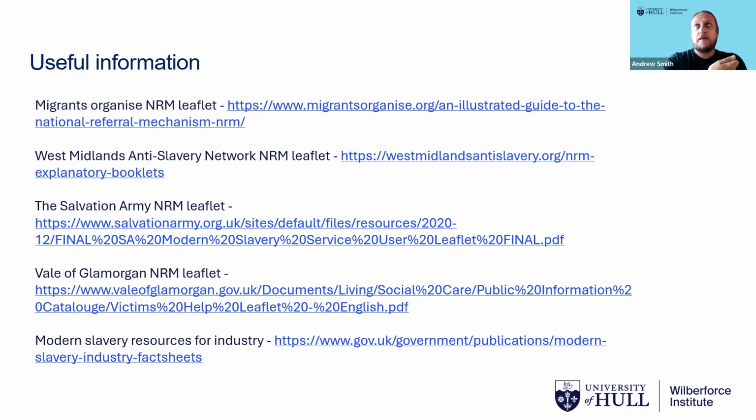And I think that's really key for me, is that people have this information to hand. People are fully aware and fully informed of their rights. That's massively important, probably more so now than ever before. So they understand that there is support available. They can go to the local authority, they can go to the police, they can make reports, and they can ask for support and help. The last link on this slide is a government webpage, and it's Modern Slavery Resources for Industry. So again, it gives information for lots of different sectors,